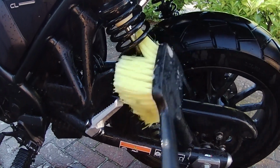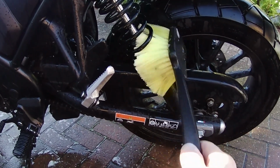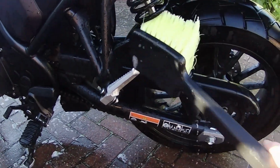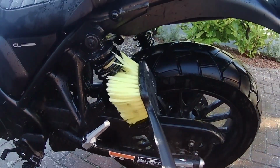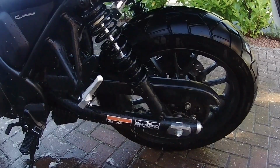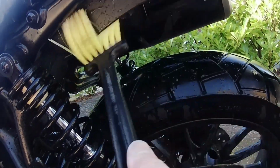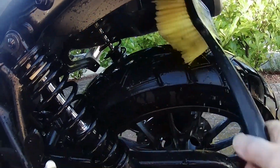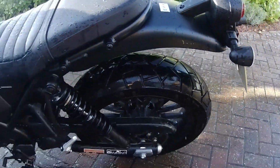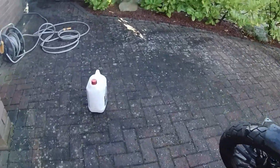You know, if I get closer inside the springs, those difficult parts, the brush just gets in there and cleans everything so effectively. It's brilliant. Also, this underneath the mudguard, all that area around there, you can reach in with the brush. It's marvellous. All around the springs there. And the other part is